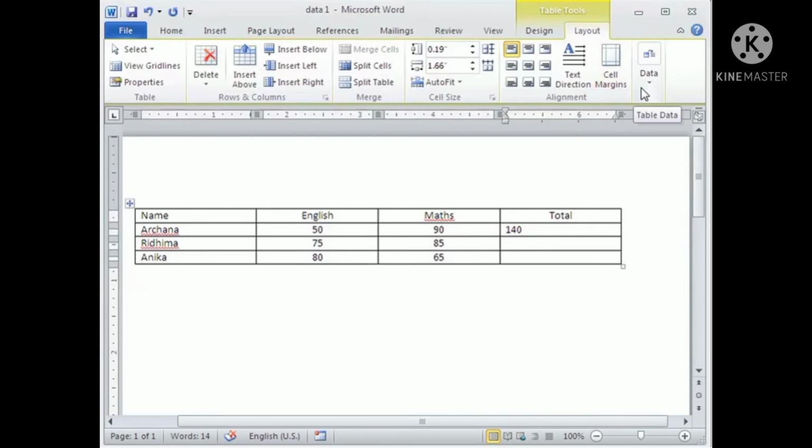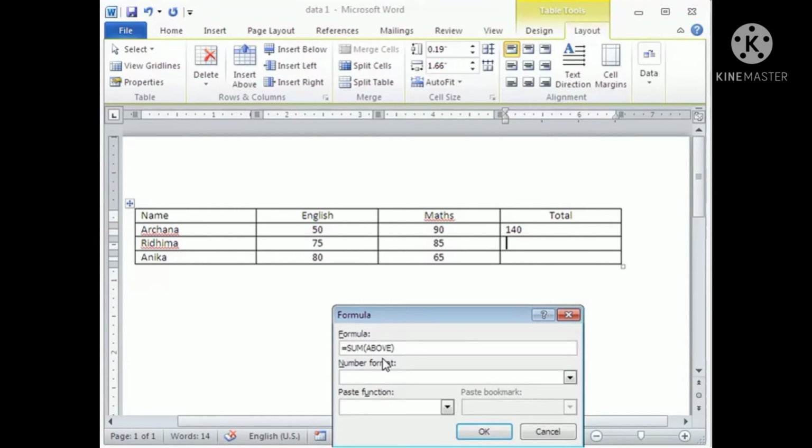Now again you will click on Data and select Formula. This time, after the SUM, you will see the word ABOVE displayed here. But you need not add the above cells. You need to add the cells on the left side of the cursor cell, 75 plus 85.